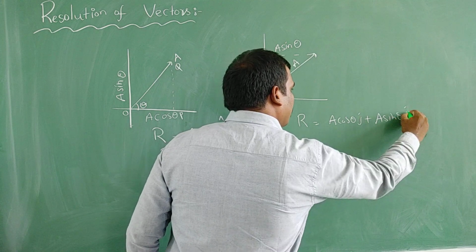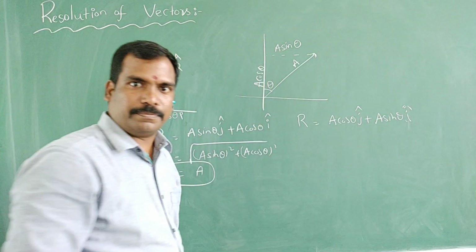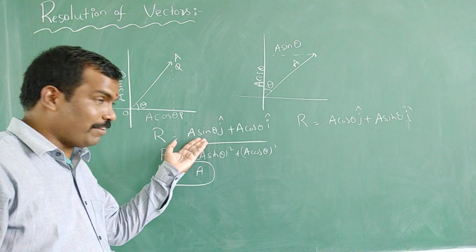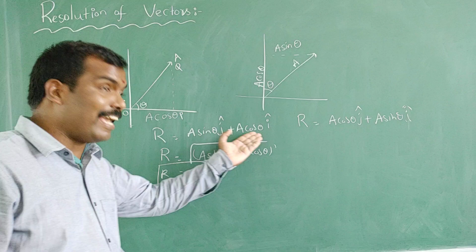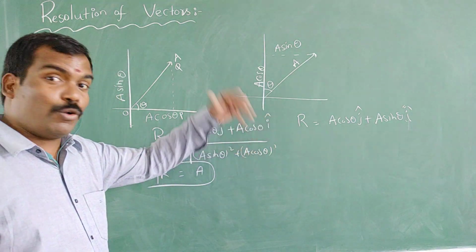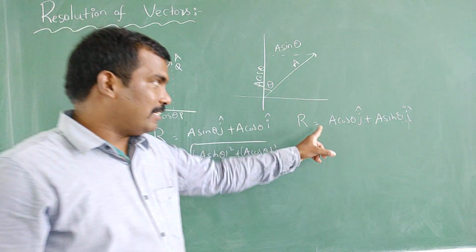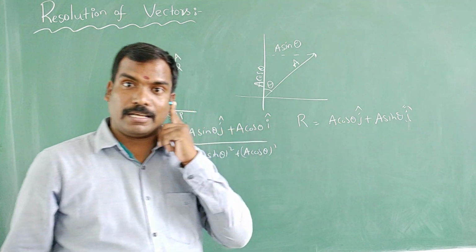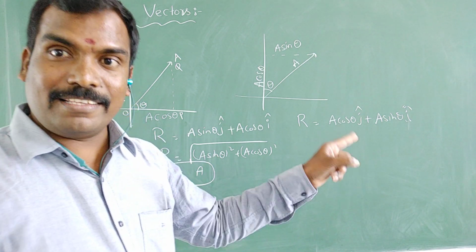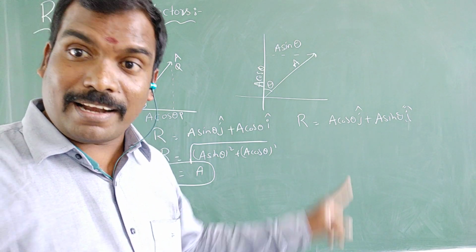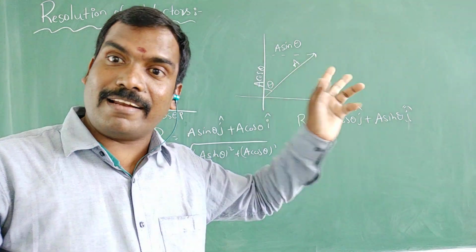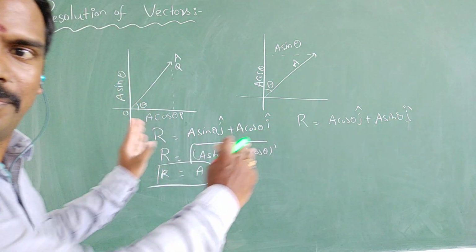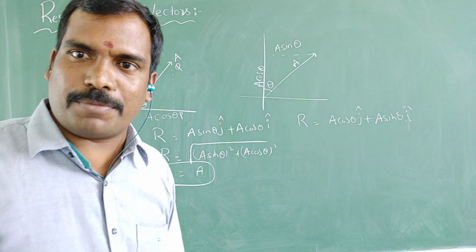See, students, you have to remember the previous diagram, resolution of vector, where we got A sin theta j plus A cos theta i. But when the orientation of the angle changed, here R is equal to A cos theta j plus A sin theta i. Means like this it is changing. When the orientation of the angle is changing, obviously the resolution of vector also changes. This is simple basic.